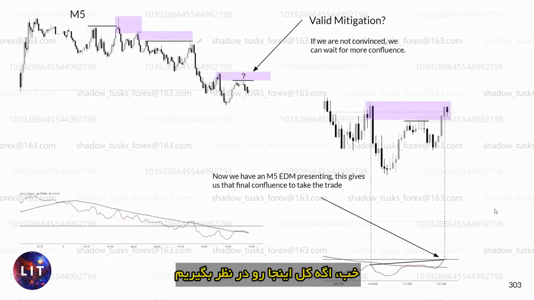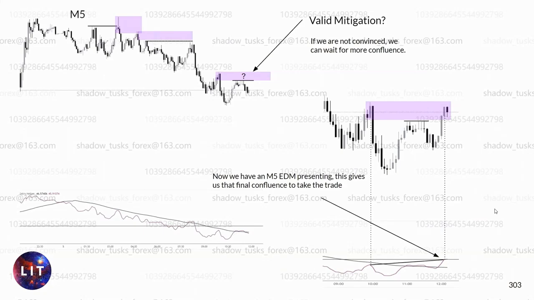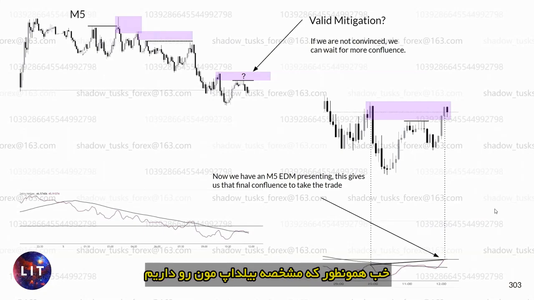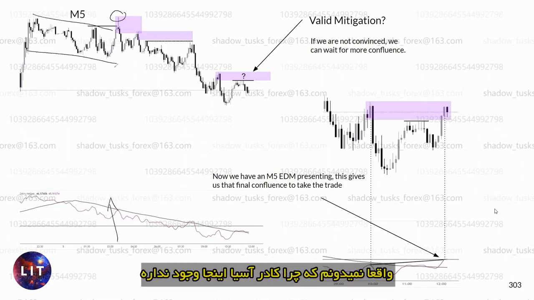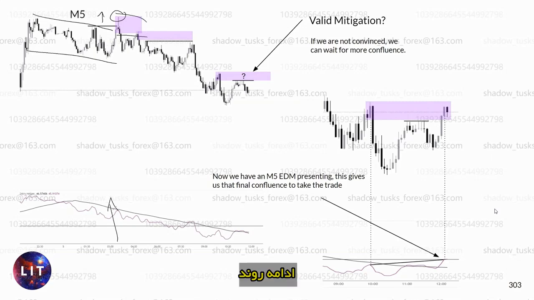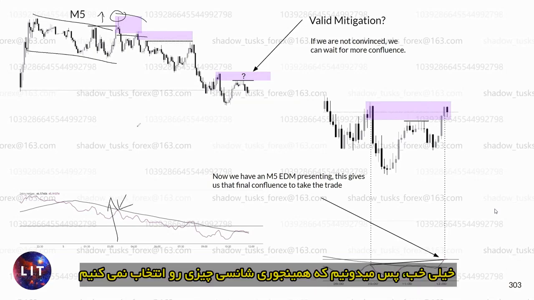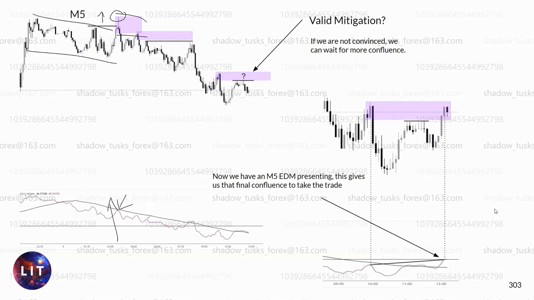So let's just look at all of this. Obviously we have our build up inducement. We're still in Asia. I'm not entirely sure why the Asia box is not on there, but that's your inducement high. Continuation was also a LIT. Okay, so we know we're not just taking random things. And then look here. So this point here